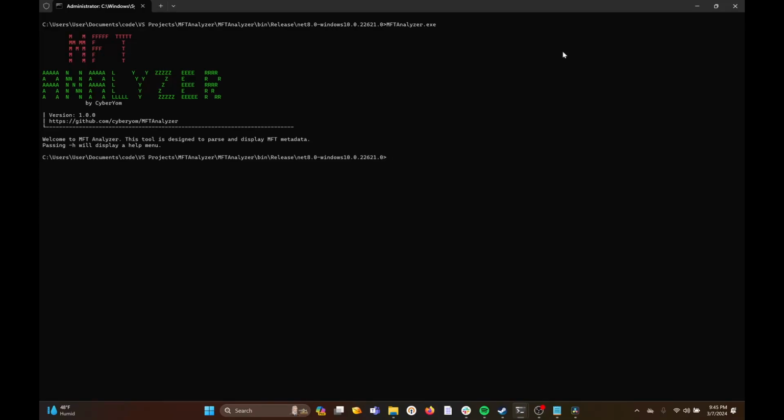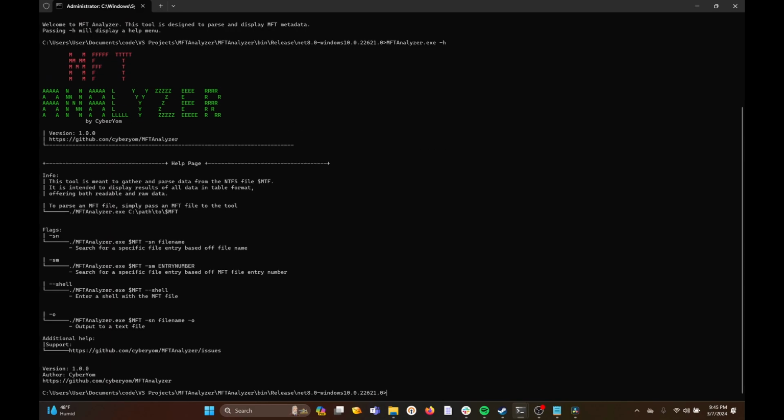Howdy y'all, we're just going to do a quick walkthrough of using my new tool, MFTAnalyzer. Just running it by itself will display this welcome message, pointing you to pass the -H flag to display a help menu. If we do that, I'm not going to cover most of these commands,